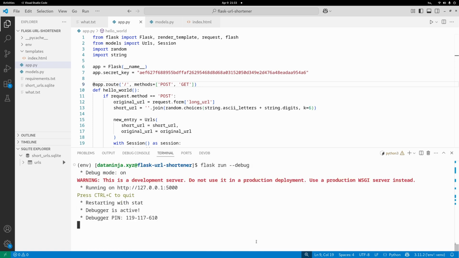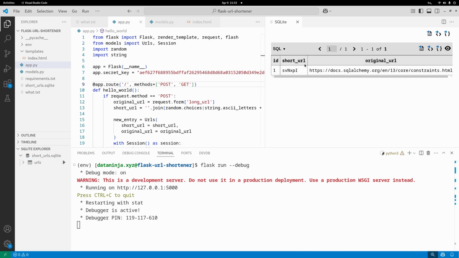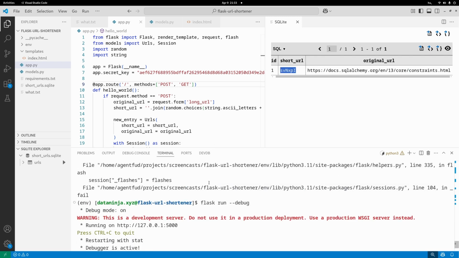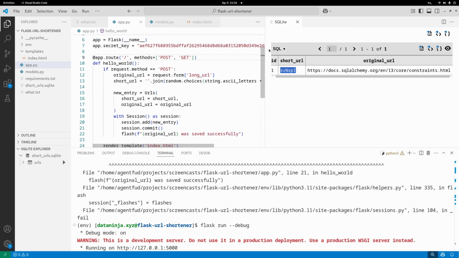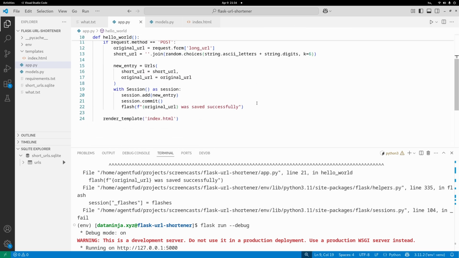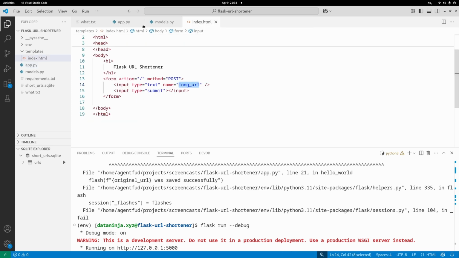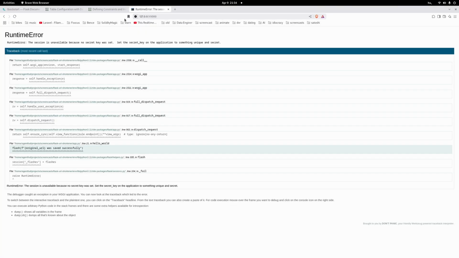And I'm running the application again. When I check the table, this is the URL that I posted, and actually I got a short URL. I got this error because it wanted to use a session, and without the app secret key, it just wasn't able to do that. But right now it is able to do that. But if I post it again,